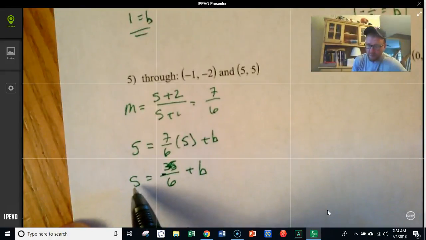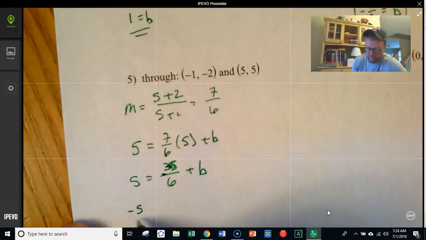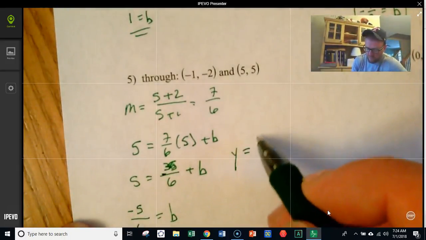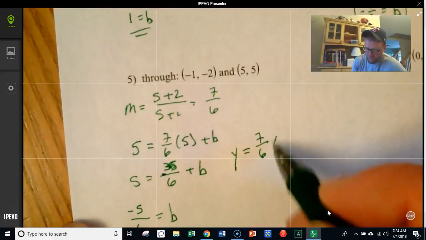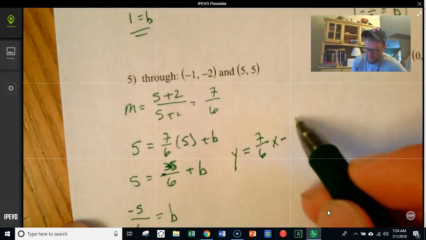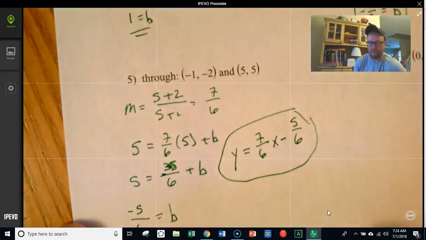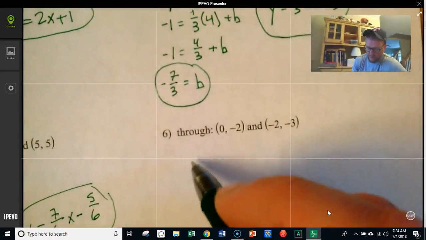Let's see, this would be 30 over 6. So this will be -5 over 6 equals b. So y equals 7 over 6x minus 5 over 6. Okay. Next door, we've got, let's see,